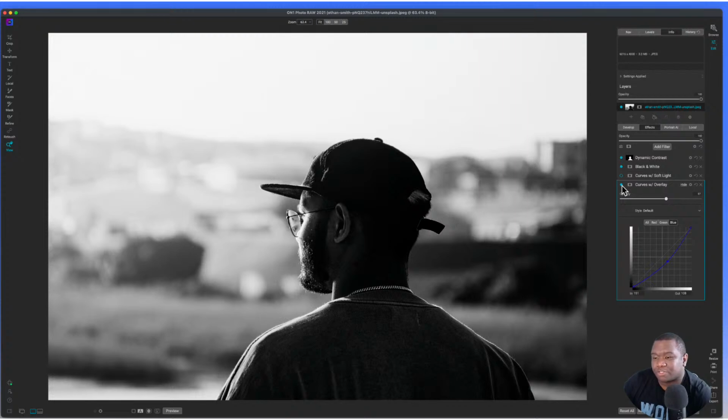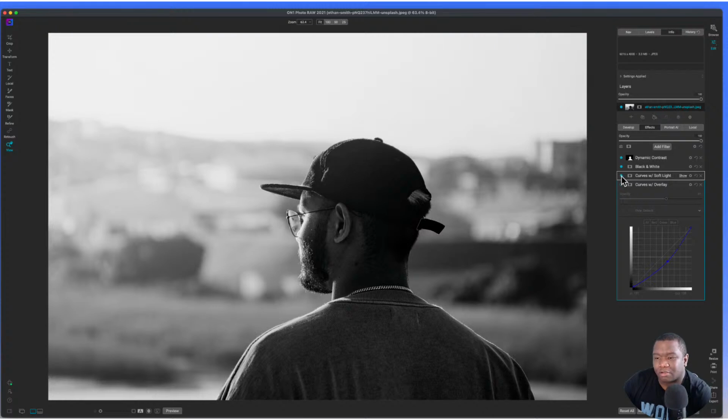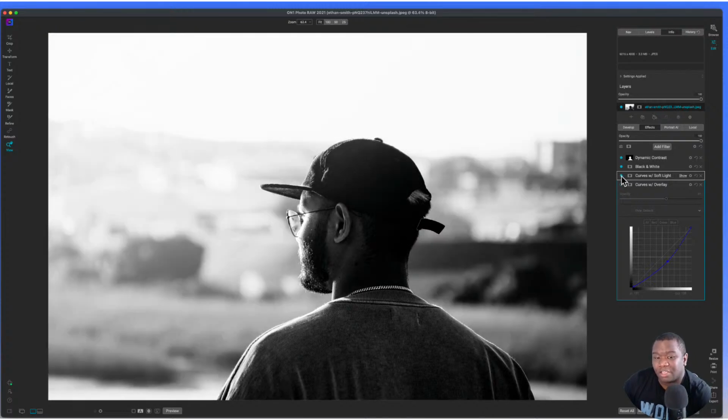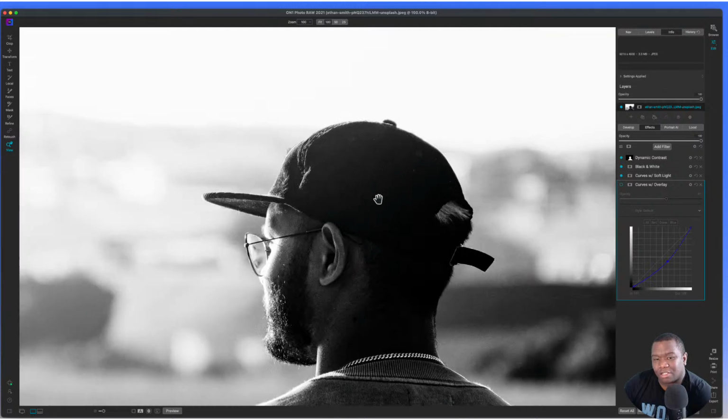Now I'm going to show you the difference between overlay and soft light. Soft light brightens up the image in a very natural kind of way. All right, it's adding contrast. It's allowing the contrast to really expand across the tonal range, but at the same time, it is allowing the image to breathe, and it gives a really nice natural effect. You can even see that there's some detail retained in his hat here,